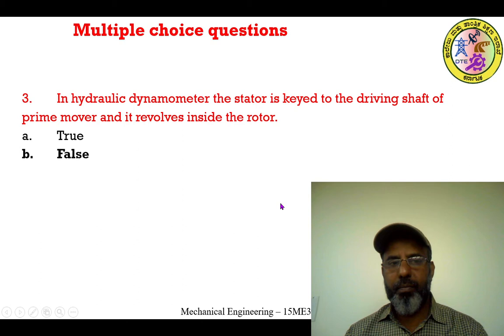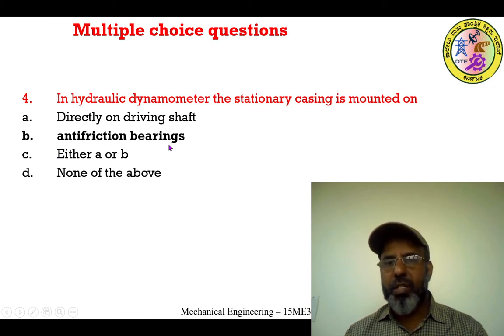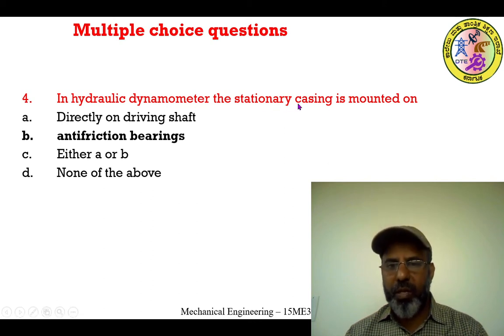Then the third thing you should remember: in a hydraulic dynamometer, the stationary casing is mounted on. Your time starts now. Four options are given. In a hydraulic dynamometer, the stationary casing is mounted directly on the driving shaft, anti-friction bearings, either A or B, D, none of the above. The correct answer should be anti-friction bearings. The stator, or the stationary casing, will generally be mounted on anti-friction bearings,